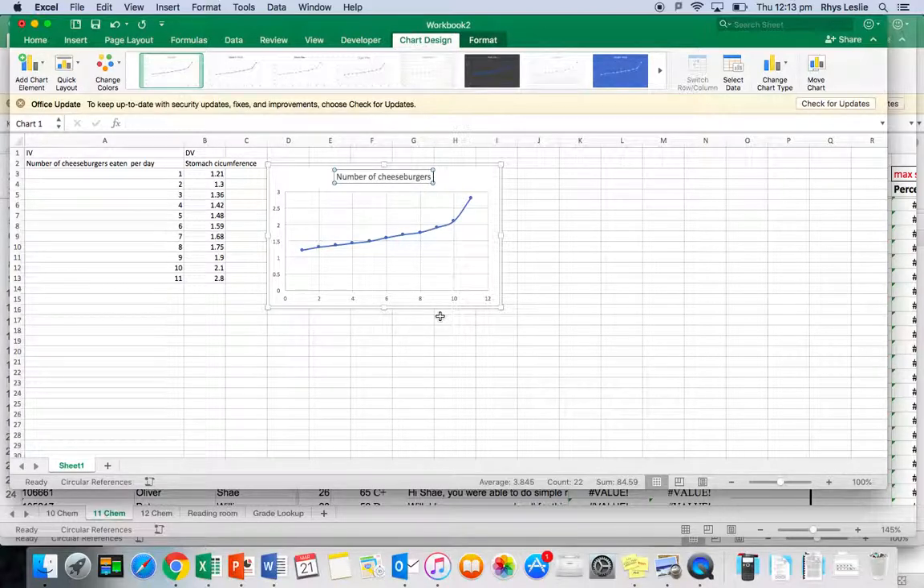Okay. Number of cheeseburgers per day eaten versus waist